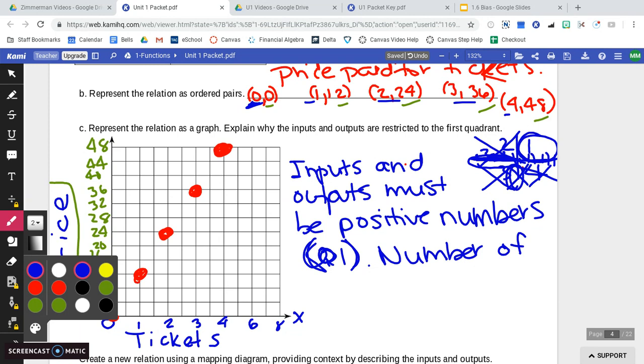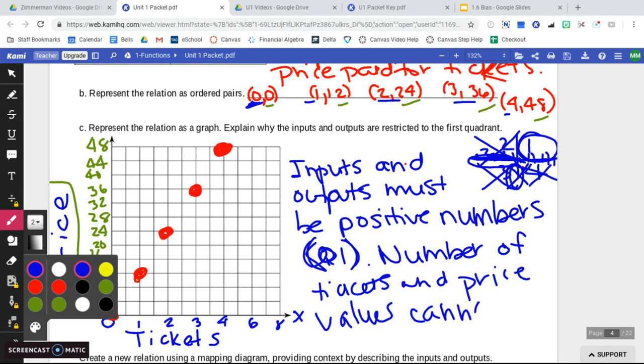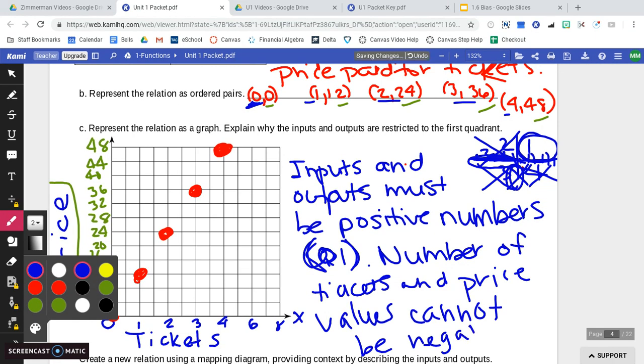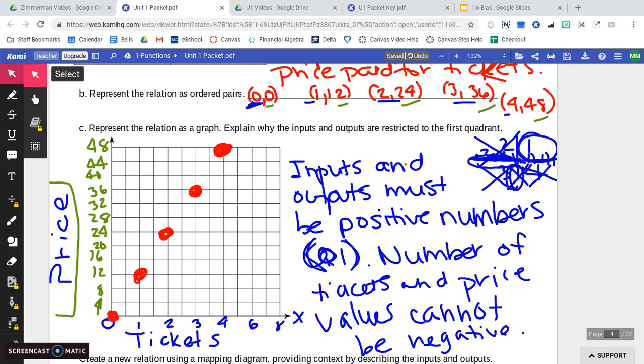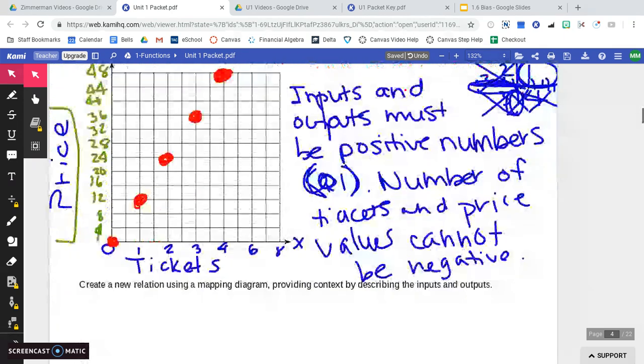The number of tickets and price values cannot be negative in a real world situation. Now, maybe you could lose money, but that's a whole different case than what we're talking about here. So we'll just